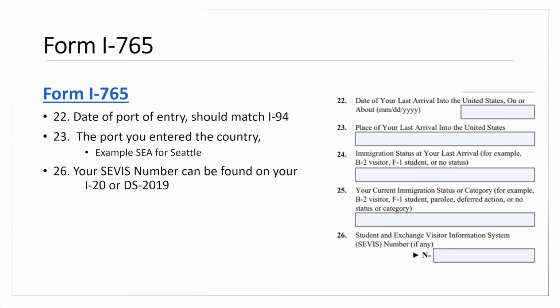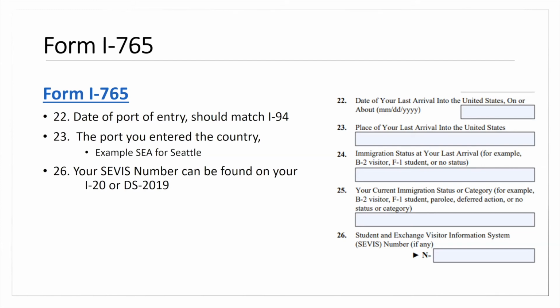Now, that port of entry document, when you go to the I-94 website, shows the date that you last arrived into the US. And if you select the travel details while you're on the I-94 website, it'll also show you the port of entry that you recently arrived in. That's going to be the last port that you've entered. So make sure that you're looking at your I-94, and if you don't have all that information, look at the travel history by logging in and printing off that I-94.